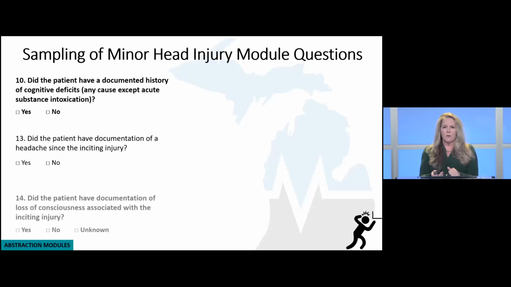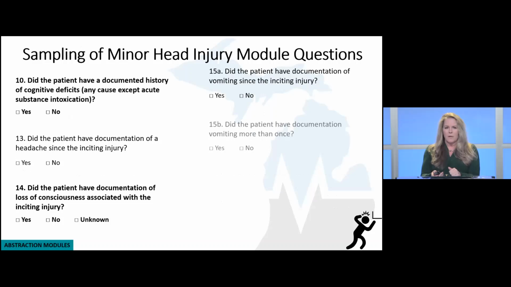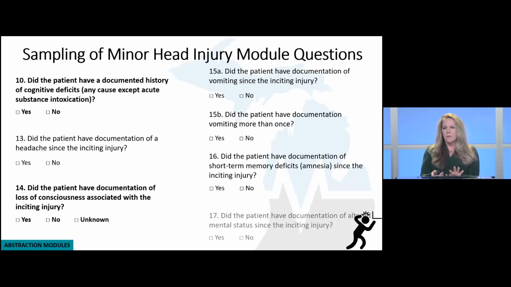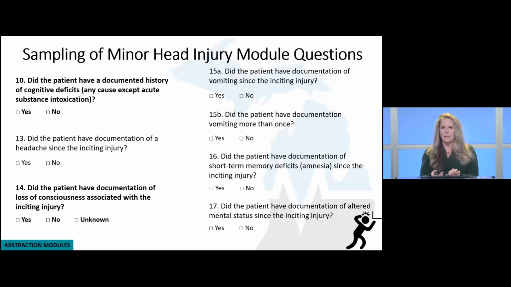of some of our questions from the module itself. I've highlighted a few of these because these are the areas that I find we have a little bit more difficulty finding full documentation. So all the questions are very important, but I just want to bring your attention to a few of them a little bit more heavily than the others. So one of the questions is there is documented history of a cognitive deficit, except for when they're acutely intoxicated. It's very helpful to have a baseline cognitive